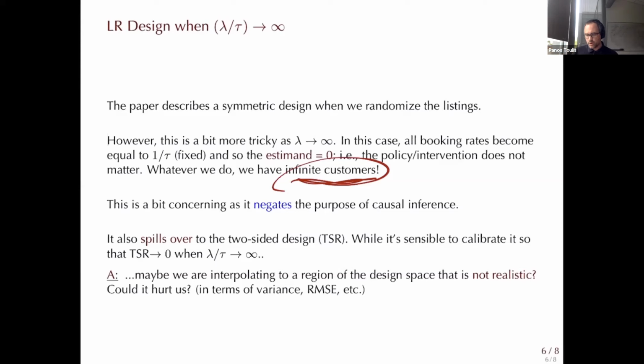And a few final comments, one about robustness and the other about other designs. The approach of this paper is model based, so it would be nice to know how you would handle the model assumptions. For instance, if you solve the Markov chain equations in the stationary regime, we get some equations about these booking rates, for all of these counterfactuals, but we know that there are some equations that have to be satisfied by these quantities. So what if these quantities